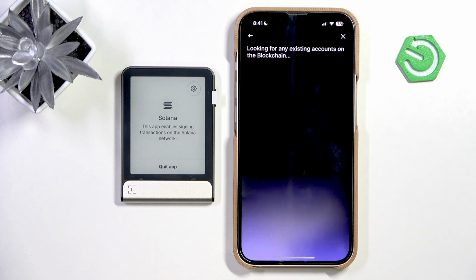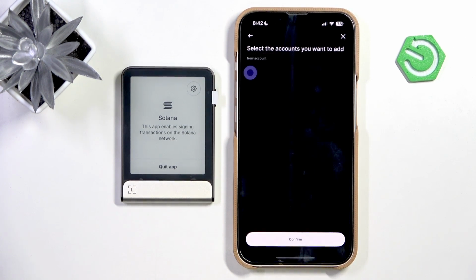Now once it's opened, it'll start scanning for existing accounts on the blockchain, which means that if there is any account made on a wallet with the same recovery phrase and optionally a passphrase if you're using one, then it'll find it here and it'll show you all the assets on that account. If there's not, then you'll be able to create a new one, and that's pretty fine. You can just create a new one as well, but in my case I believe that it should show me that there is an account,